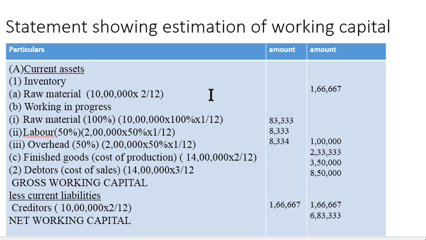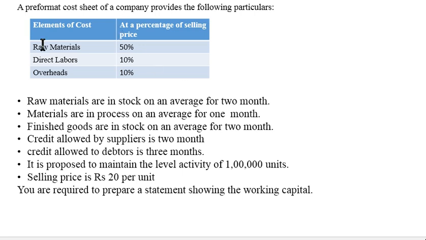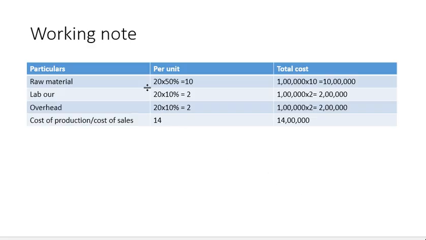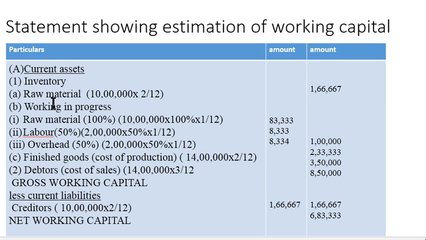Prepare the statement of estimation of working capital. Okay, another thing is when you prepare the working note: when the percentage is given and when the total amount is not given, and also to calculate cost of production and cost of sales, we need to prepare the working note. Then use that amount for the calculation of this statement. You will get a net working